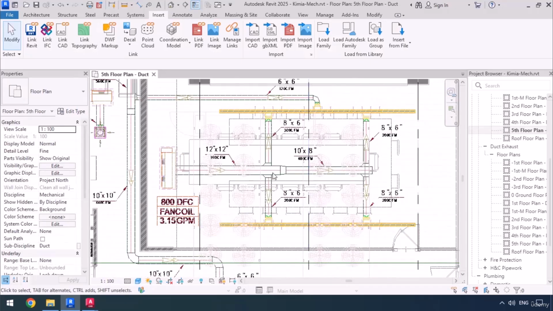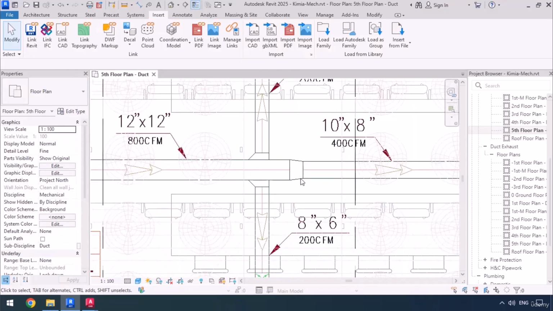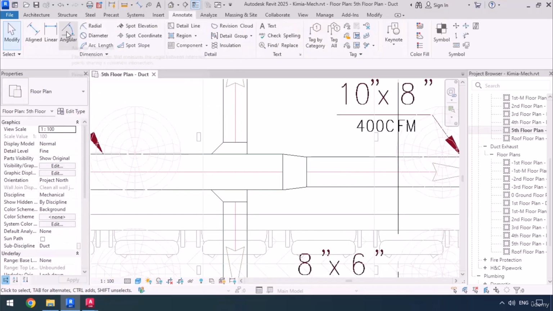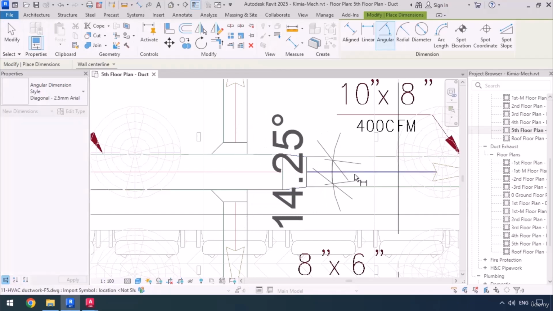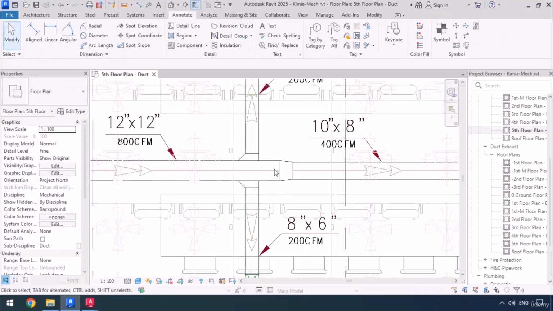Now as for the duct transitions, we usually use the 45-degree transitions, but those angles may differ in the plans. For example, let's measure this one, going over to the Annotate tab, then get the Angular tool, and then I'm going to measure the angle between this line and this line. So as you can see, this angle is 14 degrees, but we usually use the 45-degree angles to make it